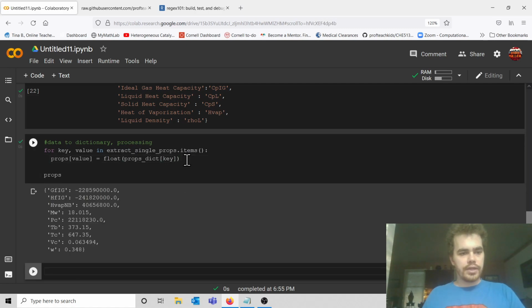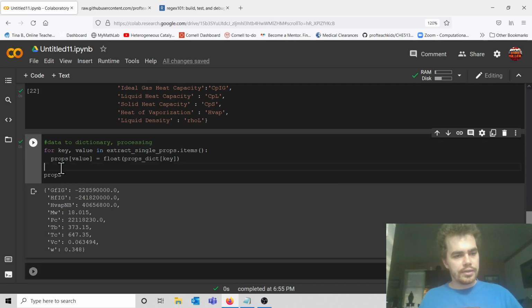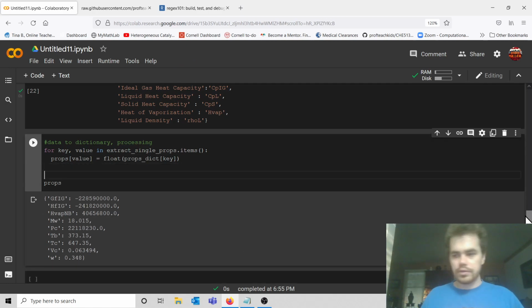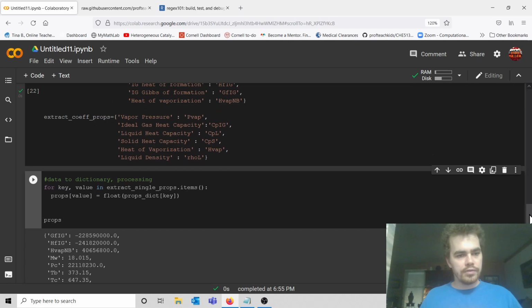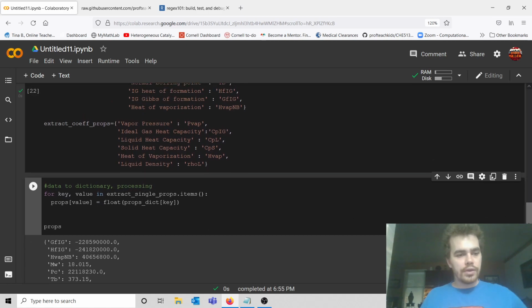And let's try again. And voila. So there's our first successful migration of things into the final form that we were looking for. Let's now iterate through the second dictionary, and